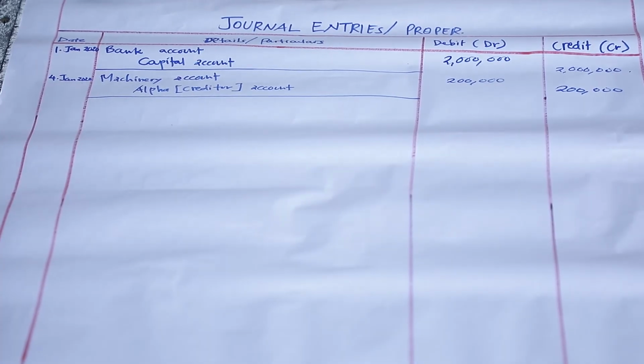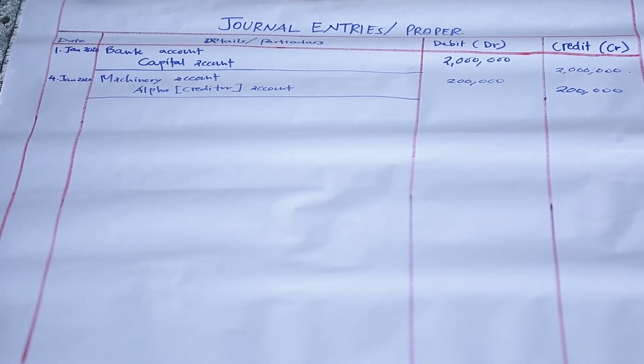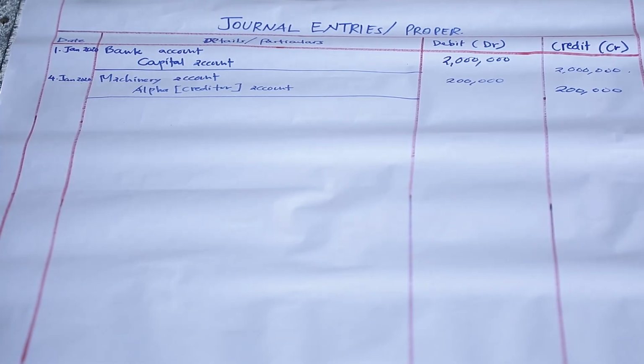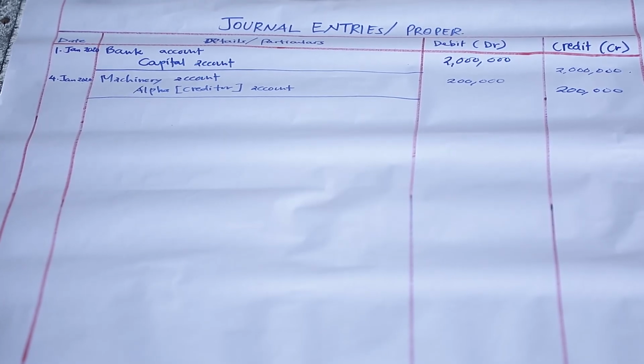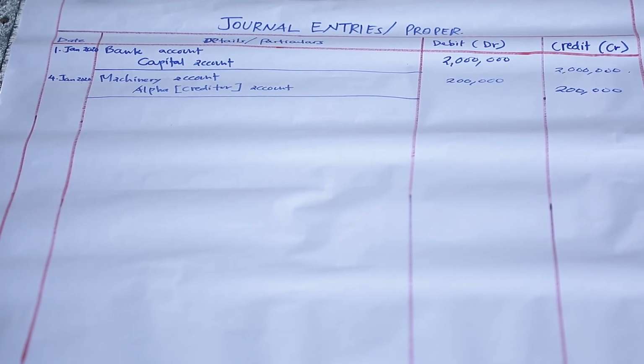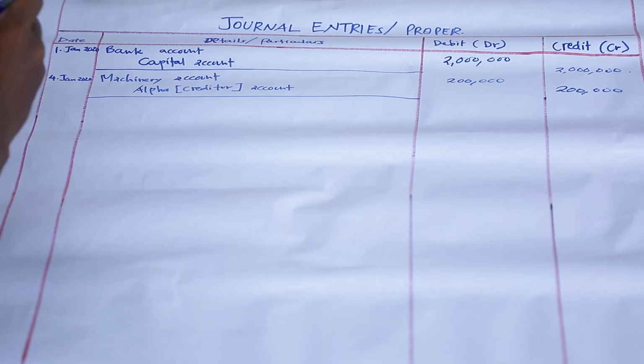So the next transaction will be purchased goods worth 400,000 on credit from Julia. Purchased goods, it means that the item is not specified. So we're going to use the purchases account, and we're going to have another credit account, which will be Julia. Purchases is an expenses account, and expenses have a debit nature, and Julius is a creditor, and the creditor has a credit nature. So on 8th January,